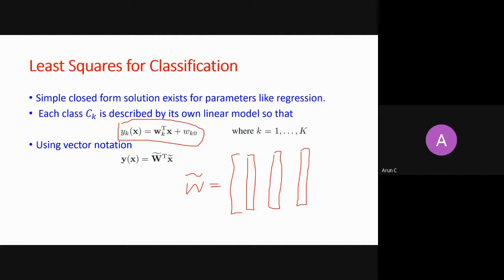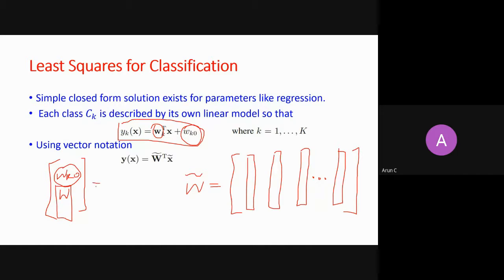So if there are K hyperplanes, there are K columns. I have taken an augmented form. What do I mean by augmented form? It means this WK0 is attached with W. So I can write my hyperplane parameter such that WK0 will be my first entry, and then the W parameter comes. So this is a vector where I have stacked it vertically. This is a scalar entry, and then this vector comes.